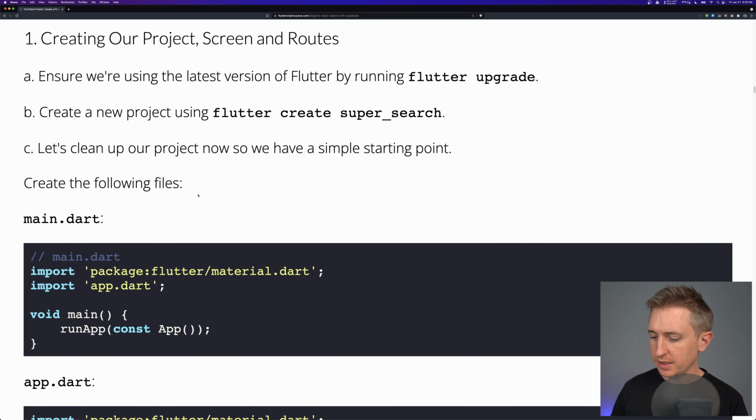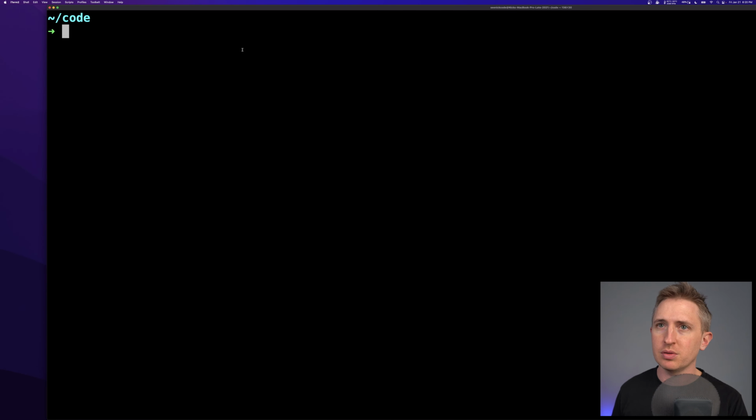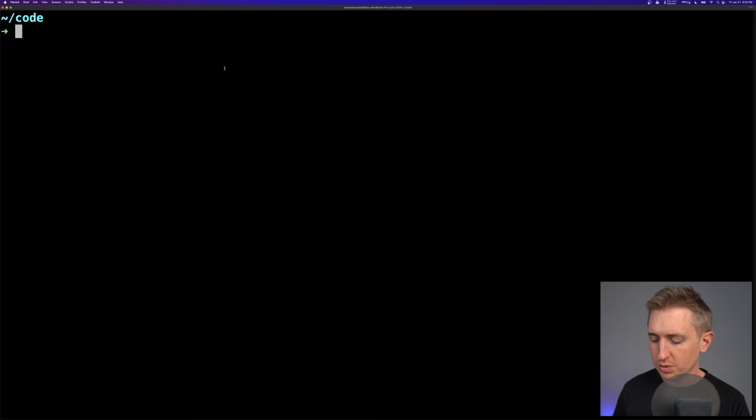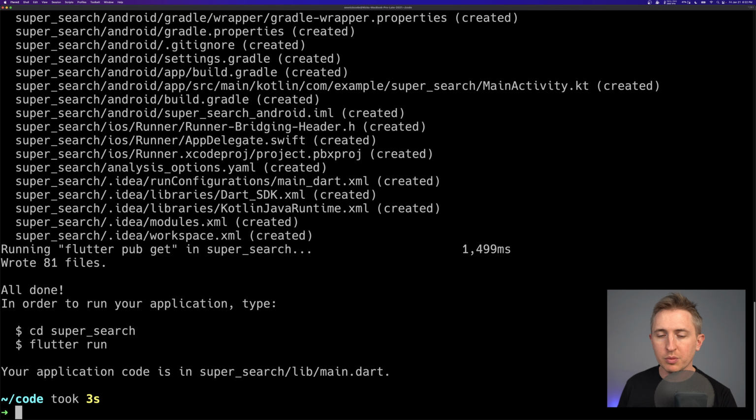And I will hide this and show a terminal now. What I like to do is have a separate terminal open, but some people like to use the one in Visual Studio Code. There's a terminal, and I'm sure there's one in Android Studio, what have you. But what I'm going to do is run flutter upgrade first, because I want to make sure I'm using the latest version of Flutter, so I am. And I'm going to say flutter create, and my project is called super_search, so I'm going to call it that. We use an underscore in the Dart world for directory names and file names, so I'm going to create that. All right, now that we created our project, I'm going to cd super_search,